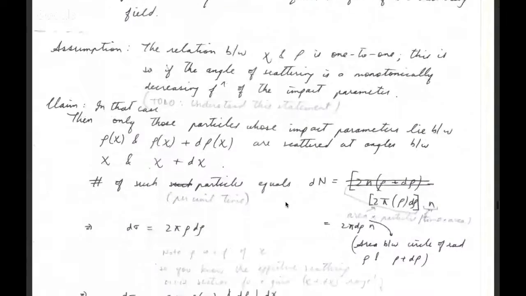So the number of such particles is dn equal to 2 pi rho d rho into small n. D rho is the area. So 2 pi rho d rho will be the area between a circle of radius rho and a circle of radius rho plus